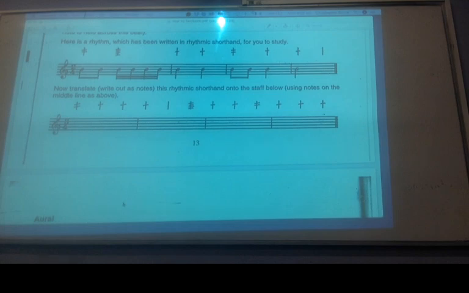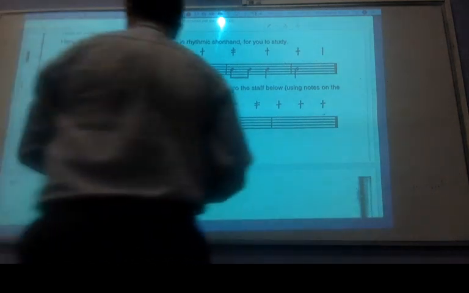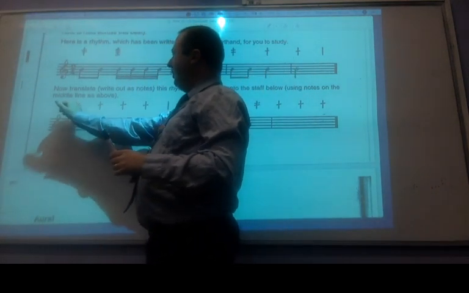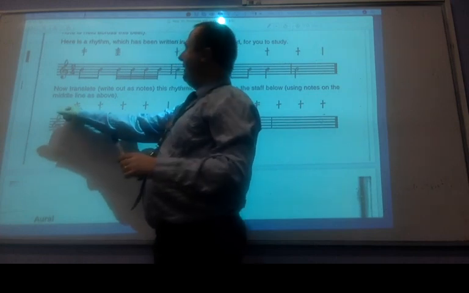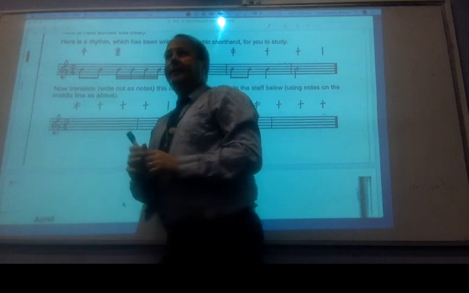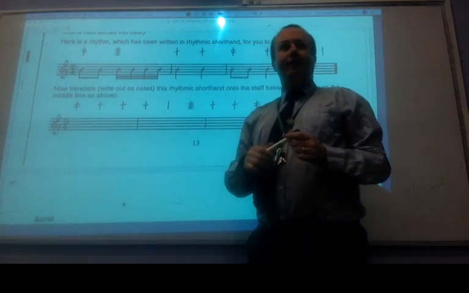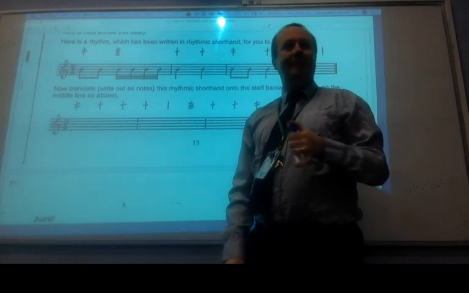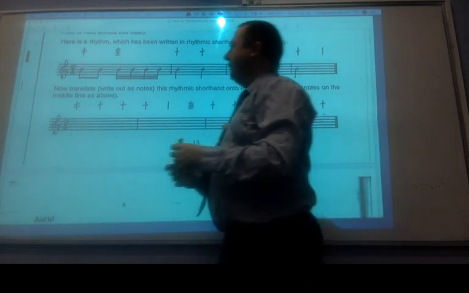Okay, ladies and gentlemen, you're all on the right track. Eyes this way, let's have a look. So, we saw here that there was 2 strokes on the beat line here, and we worked out that that is the equivalent of the pair of quavers. Now, we're at the stage where, for many of you, writing notes is something that's quite new. How do we do this neatly? I would recommend following this